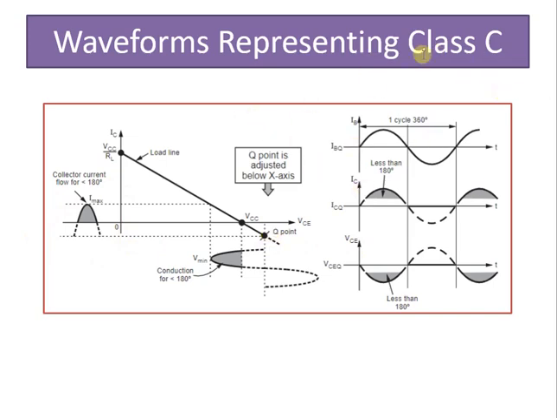And it is very much evident from the waveform that is shown in this particular graph, wherein the input current IB is represented for one complete cycle and the output current is represented, wherein you can see the conduction part is represented by a darker version of the gray color, or the VCE waveform, which is represented with a darker portion or the shaded portion, which is less than 180 degree.